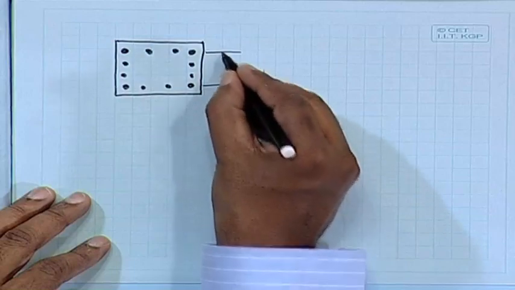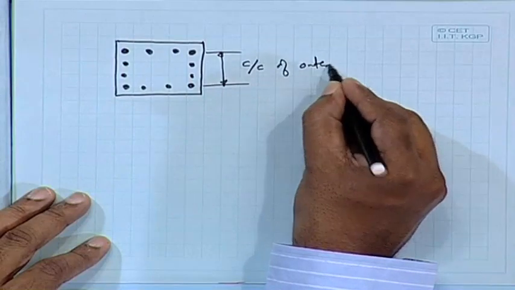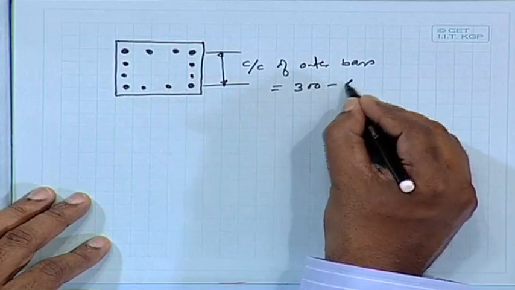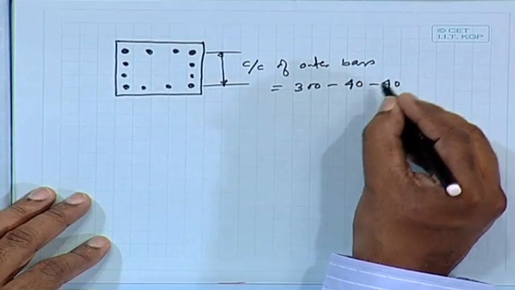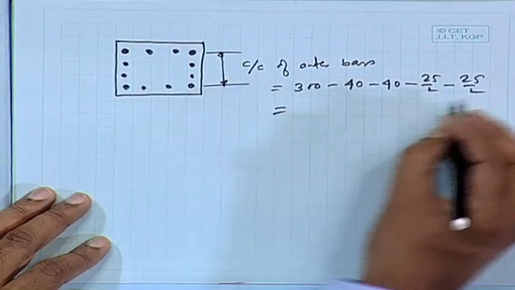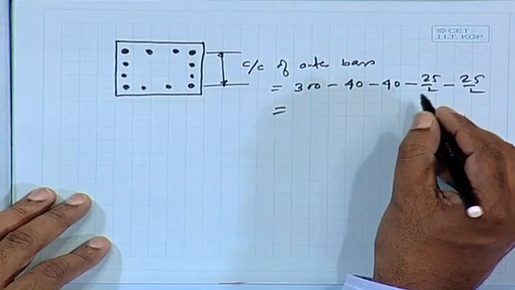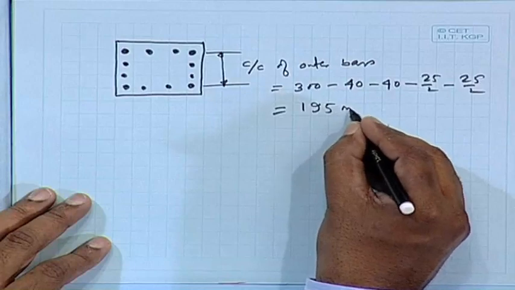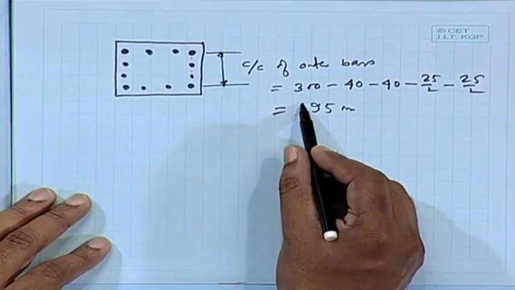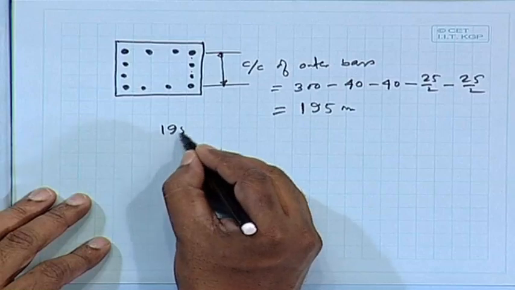So, this distance center to center of outer bars is equal to 300 minus 40 clear cover, minus 40 clear cover other side, minus 25 by 2 minus 25 by 2, which comes as 195. There are how many gaps? 1, 2, 3. So, 3 gaps are there. Let us find out. So, 195 by 3,